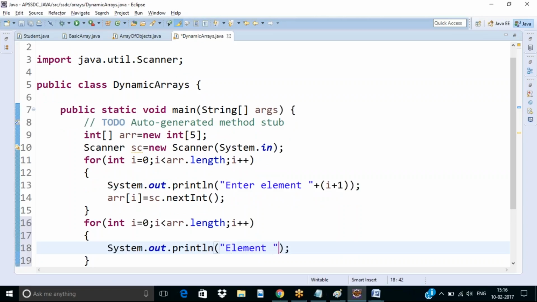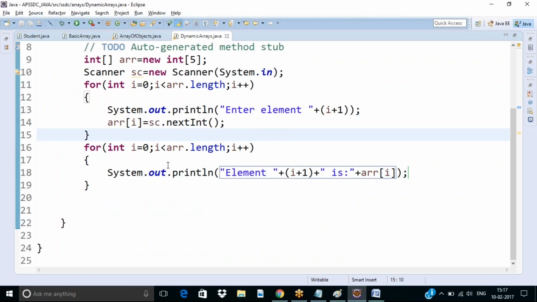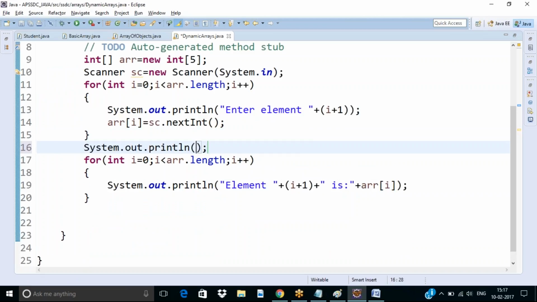Element plus i plus 1 is, we can show the element from array of the given index. Okay, so this out, your array values